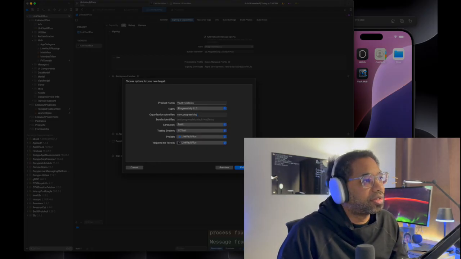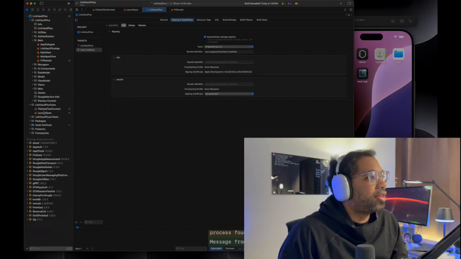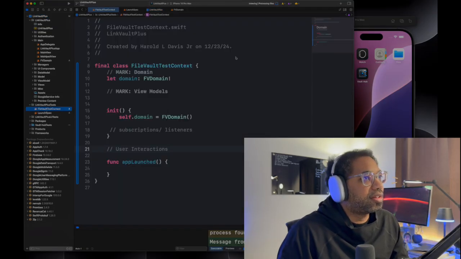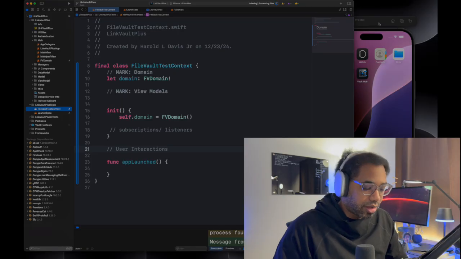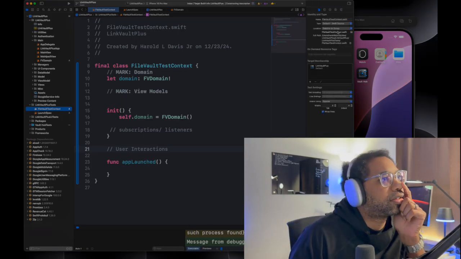So we're going to switch that. Here we go. All right, so one thing that we're going to need to do to adjust for this is Command Option 0 and